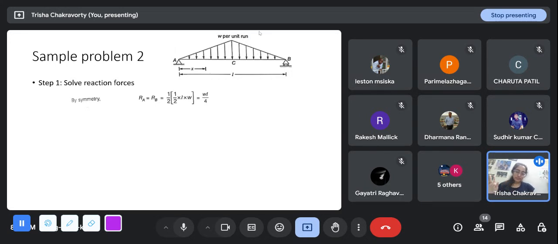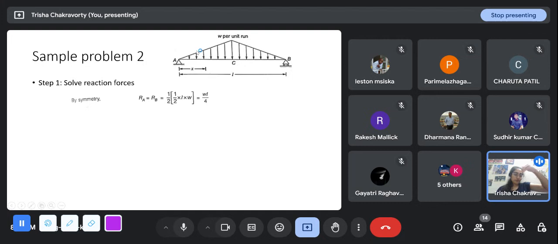So in uniformly distributed load, it would be a rectangle. In uniformly distributed load, if I had to show W kilonewton per meter over this entire region, I would show it as a rectangle. So the area of this will be W into L. That is what we were doing. And here, since it is a triangle, we have to find out the area of this triangle. So it is half into L into W, and RA will be equal to RB will be equal to half